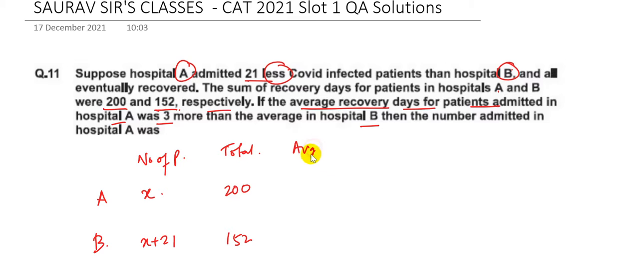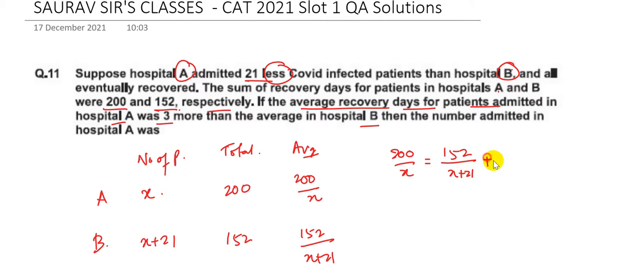So the average recovery day would be 200 by x and 152 by x plus 21, and it is given that the average of hospital A was 3 more than the average of hospital B. So 200 by x is 152 by x plus 21 plus 3. So now we solve for this. 200 by x equals 152 plus 3x plus 63, that is 3x plus 152 plus 63, which would be 215